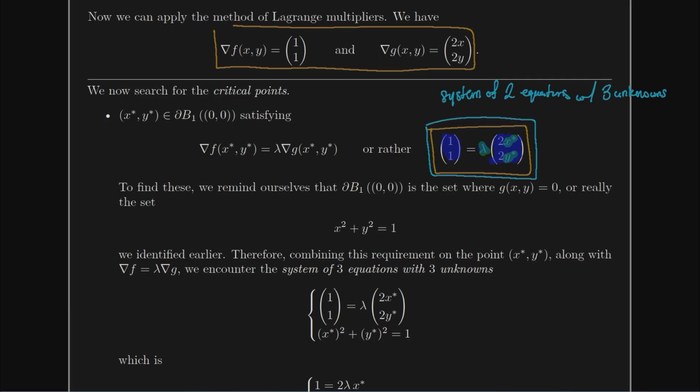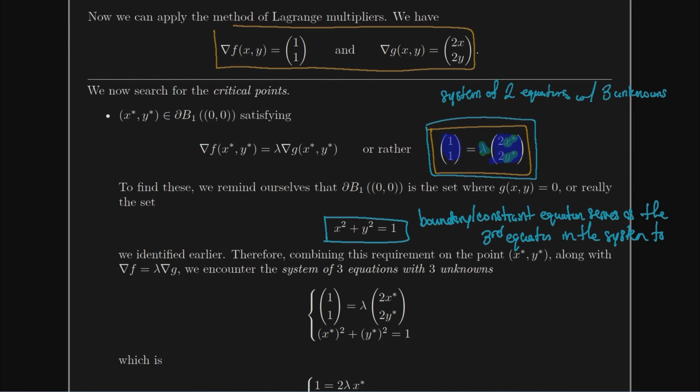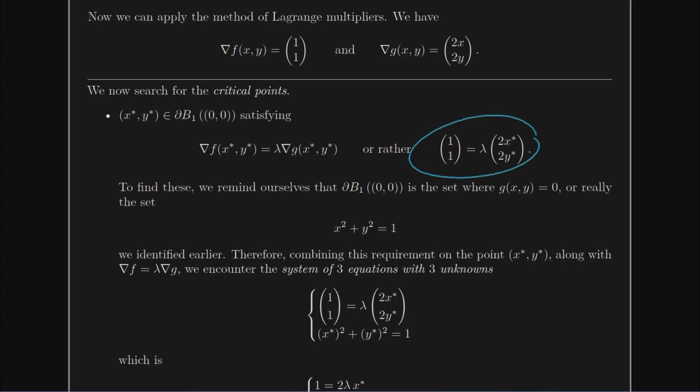I have to find a third equation that needs to be satisfied, and g comes along to the rescue, or the boundary equation, boundary constraint equation, whatever you want to call it. The constraint equation serves as the third equation in the system to guarantee solutions. Okay, so once we have the boundary or the constraint equation included, it'll make our life a lot easier to find solutions. So I'm going to take these 2 equations and my boundary equation, and I'm just going to group them together into one